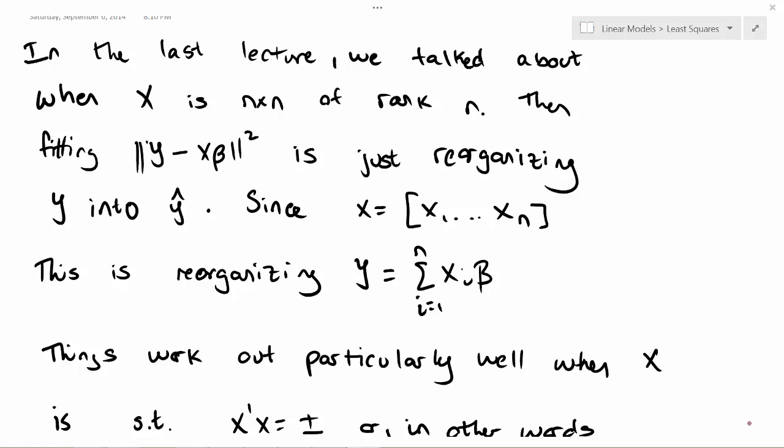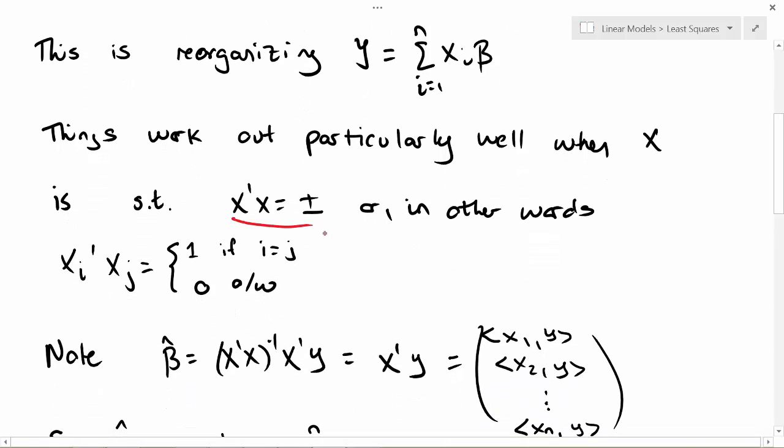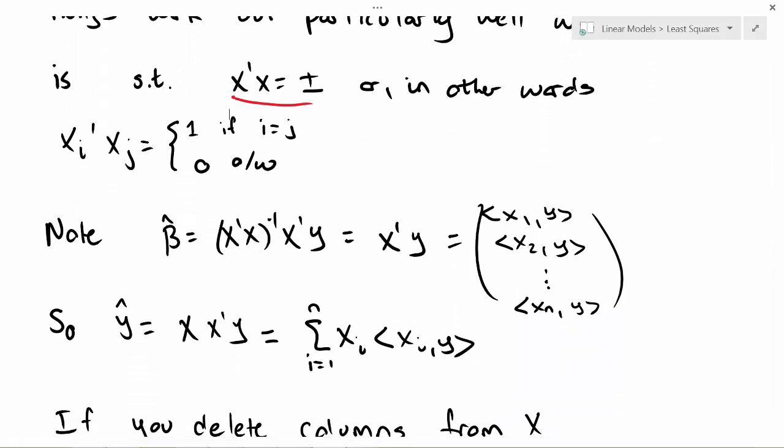In the previous lecture, we talked about when X, our design matrix, is n by n of rank n, then fitting x beta to y through least squares is simply reorganizing y. This sort of reorganization works out particularly well when x is such that x transpose x is I. In other words, if xi transpose xj is 1 if i equals j and 0 otherwise, where xi and xj are columns of x. If this is the case, then x transpose x is an identity matrix,